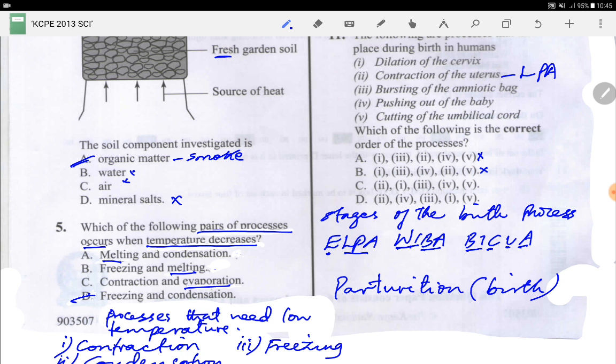After Roman 2 is Roman 1. So I look at C and D. And from here I can see that the answer is C. Because in D, Roman 4, pushing out of the baby, cannot come at that position. Again, I've got to interpret here what pushing out of the baby means. This is actually about birth. The baby is now being born. So it is very far away from what we need. From there, we move on to